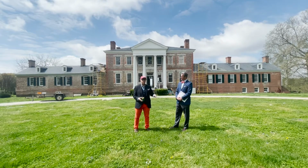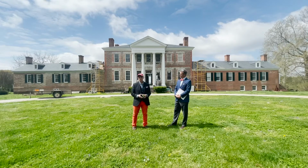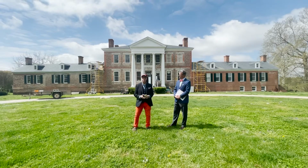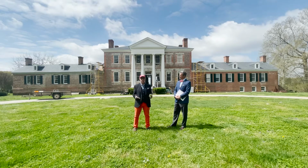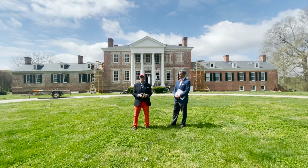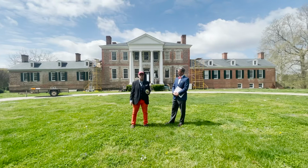Part of this land adjacent was owned by Robert King Carter, and that's where our story really begins. Robert Carter owned more land and more slaves than anybody else in this country in the 1730s. And he made sure that his children married well and that they were each taken care of. Now, Landon Carter, who built this house, was the fourth son. He'd been sent to England at age 9 to study, and he came back, and of the children, he was really the most industrious, and he worked hard to...